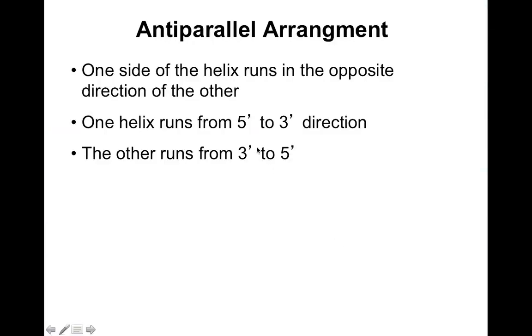Antiparallel arrangement. So you basically have 2 strands of DNA, one running in the 5' to 3' direction, which is basically like reading from left to right, like we do now. And then you have another strand that's complementary to that, running in the opposite direction. So it's running from 3' to 5'. So it's running in a backwards direction. This just allows for a more stable